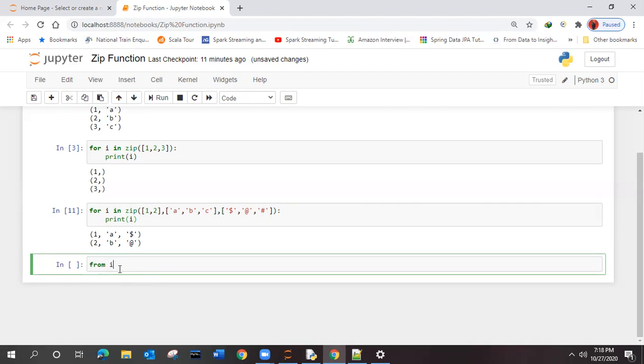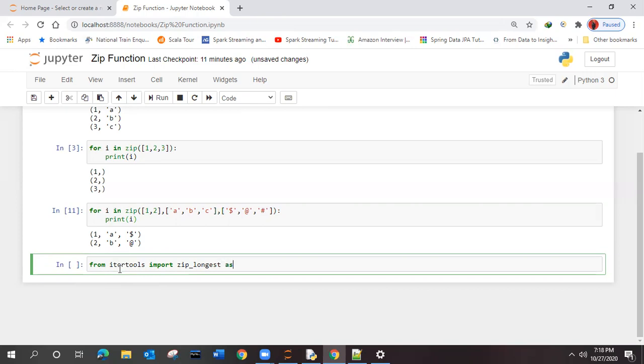From itertools, we need to import something. What are we going to import? The zip_longest function.